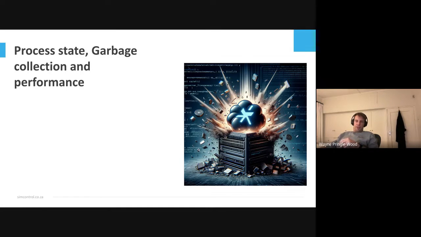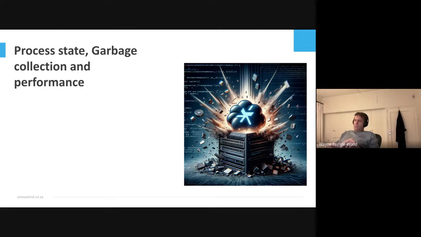I mentioned cascading failure. You watch a talk and you say, okay, cool, this thing in OTP is let it fail, it'll restart itself and all that sort of stuff. That's very true. But if you have multiple failures, it's really hard to come back from that. So you need to understand the level of failure of your GenServers and how to isolate that failure so that it doesn't affect other GenServers within your system.